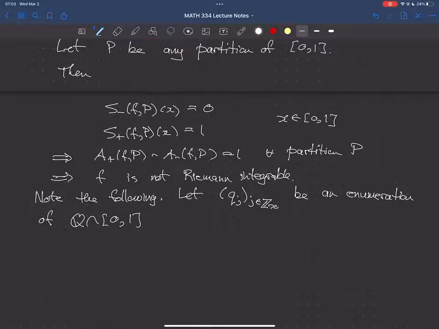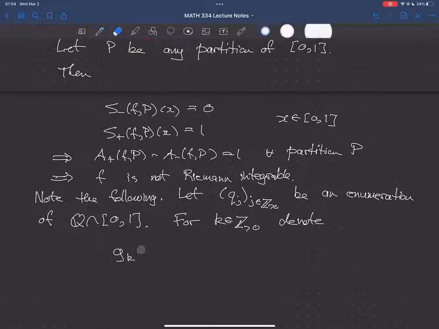So we talked about the countability of the rationals a long time ago, and so these can be listed in a list indexed by the positive integers. All right, so let me do that in some way. It doesn't matter what way. Okay, for any positive integer k, let's denote